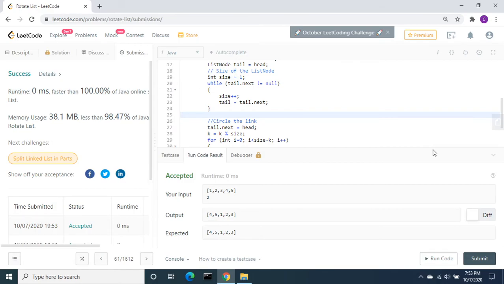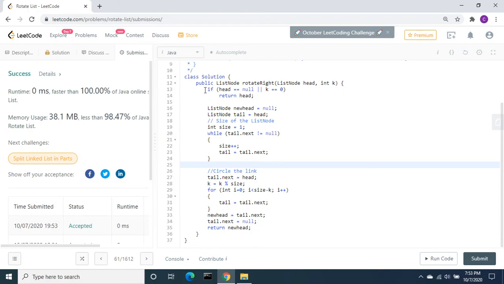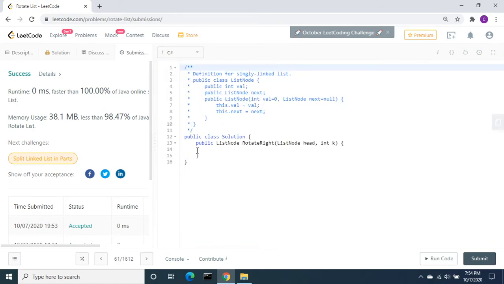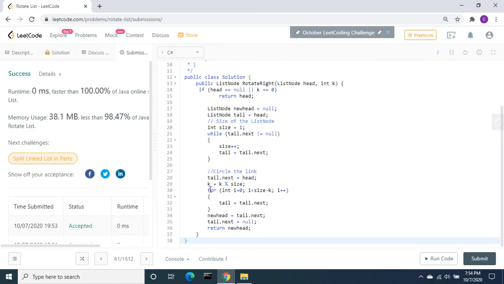Let's also solve this in C#. I don't think we need to make any change in the code because I don't see any syntax differences, but let me change the language and paste this.